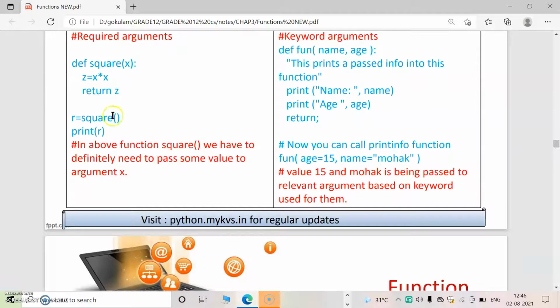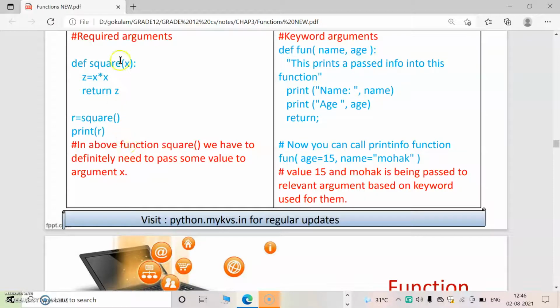So we have to pass an argument for x. That means a value, either 10 or a. We can pass a value here. In this case there will be an error because our function call did not contain any value.